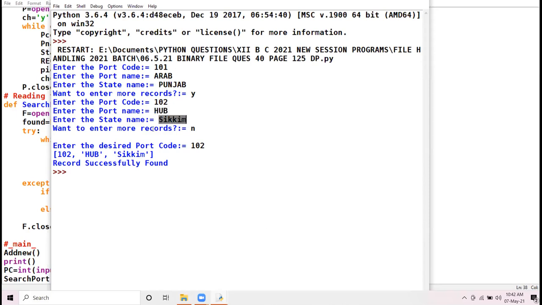Then I didn't enter any other record. Then the interpreter asks me to enter the desired port code. I say 102. Port code 102 belongs to Hub and Sikkim state. So the desired information gets printed. Record successfully found. Is the question clear completely? Yes, 12th? All right.